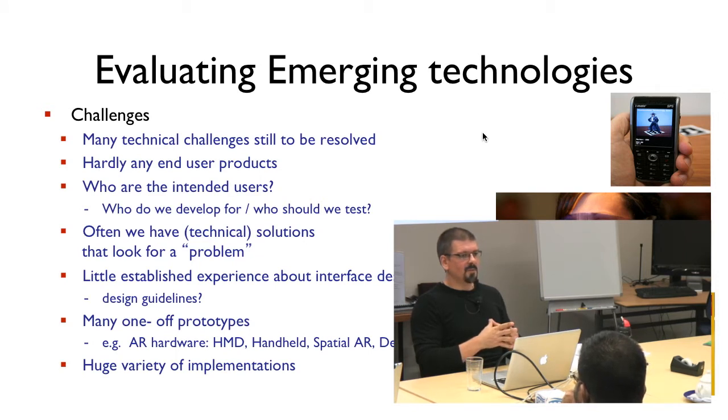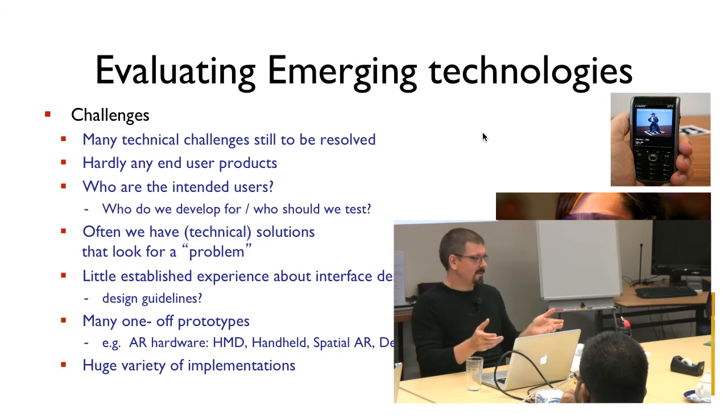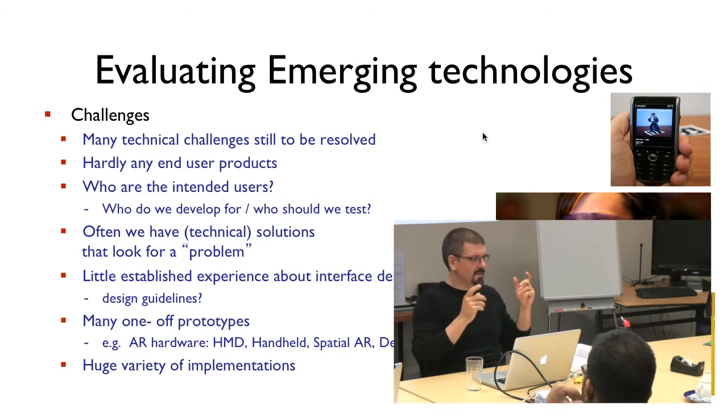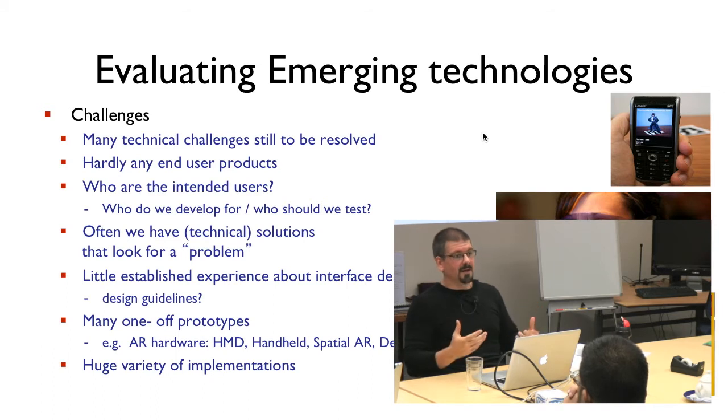Because in the end, what is an augmented reality interface? That's the idea of the question. There are so many different kinds of input-output devices and screen sizes. You can deal with desktop augmented reality, handheld augmented reality, augmented reality on tablets or head-mounted displays. So you have a huge variety of potential interfaces that all come together in what you call augmented reality interfaces. So there are no one-size-fits-all design guidelines or heuristics.